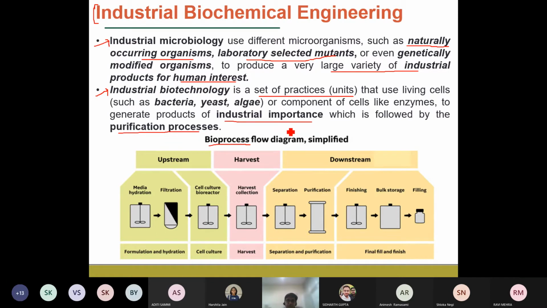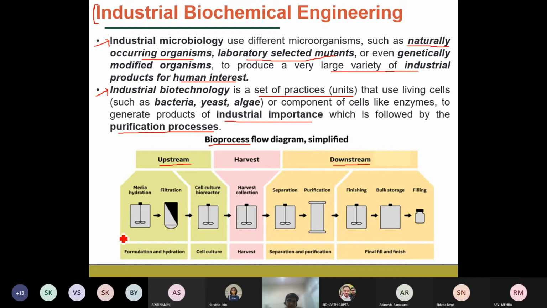So in industrial biotechnology, there is a two-step process. The first step is to produce an adequate quantity of cells and then grow these cells in such a way that they produce the targeted biochemical. Once the biochemical is produced, it has to be purified or extracted to get the desired yield and purity. So there are two components: the first is called upstream, and the second, which we discussed, is called the downstream process.